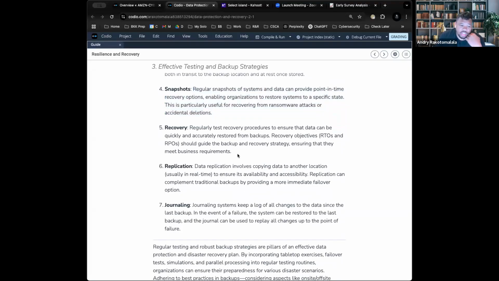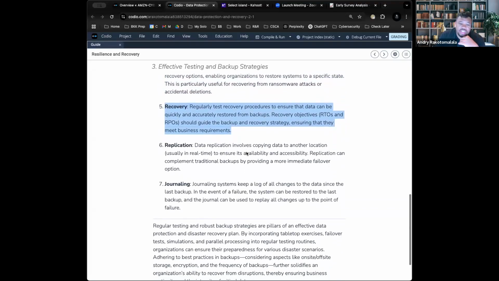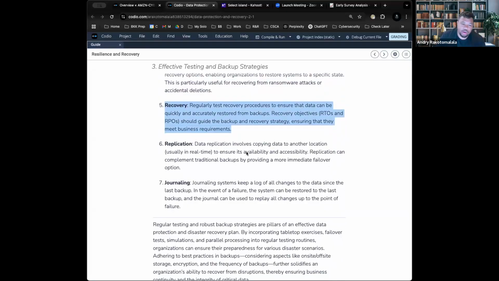Recovery is just deciding how quickly you bring these back online. There are two measurements that are typically used, RTO and RPO. RTO stands for recovery time objective, and RPO stands for recovery point objective. These are two terms to at least understand. To put it in very simple terms, it's just measuring how much time we are allowed to be unavailable before it becomes catastrophic, or how much data we are allowed to lose before it becomes catastrophic.